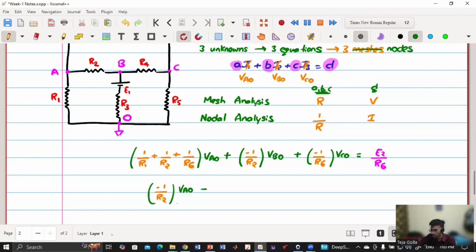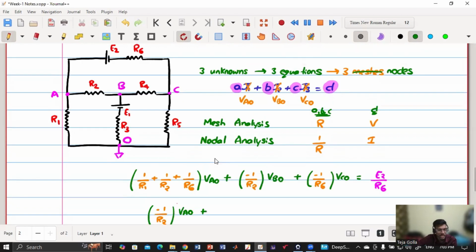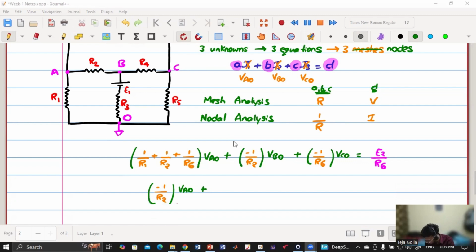And what will be the coefficient of VBO? The summation of the resistances that are connected to the node B. So anyone, what are the resistances that are connected? 1 by R2, 1 by R4, and 1 by R3. Yes, very good. So R2, R4, and R3 are connected. So we have 1 by R2, 1 by R3, 1 by R4 into VBO, plus